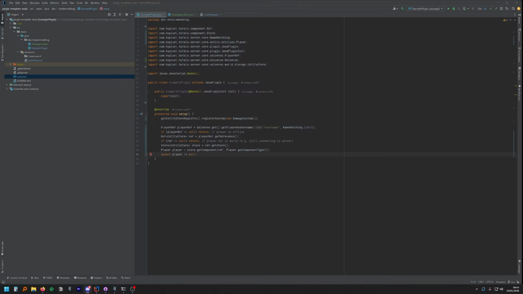Hello, this is a tutorial on Hytale's entity component system. In this video, I'm basically just going to go over the main concepts that you need to know, and I'll